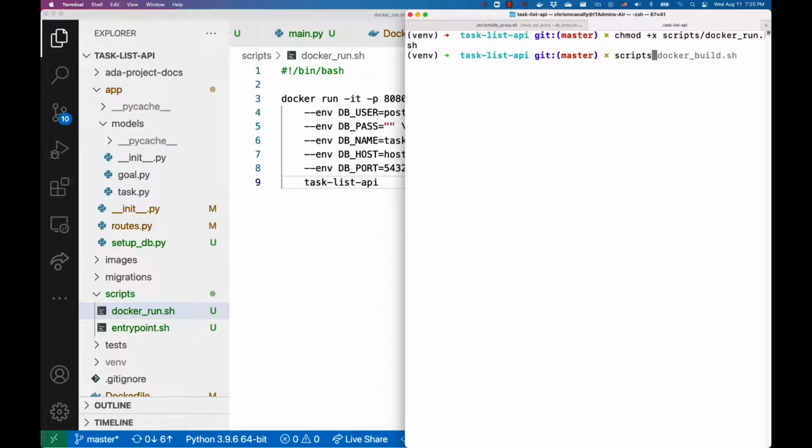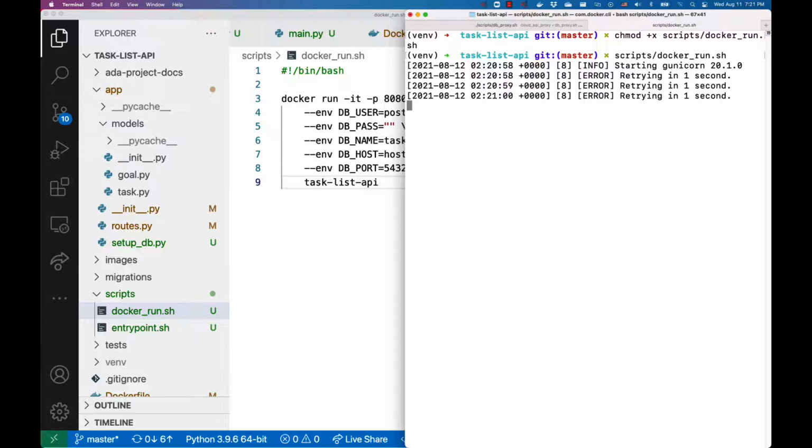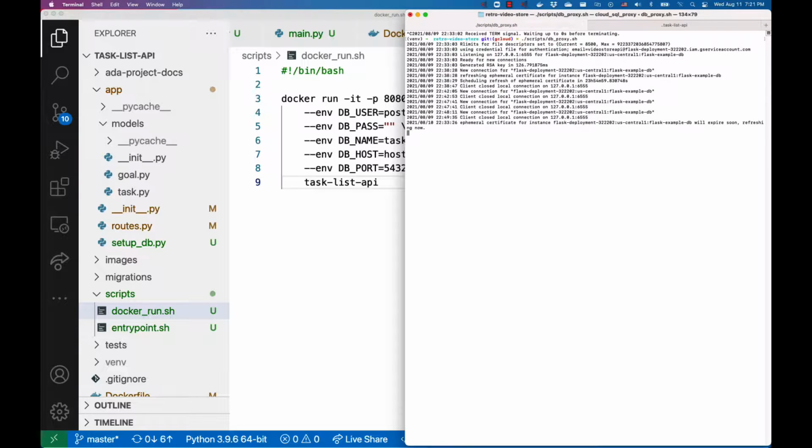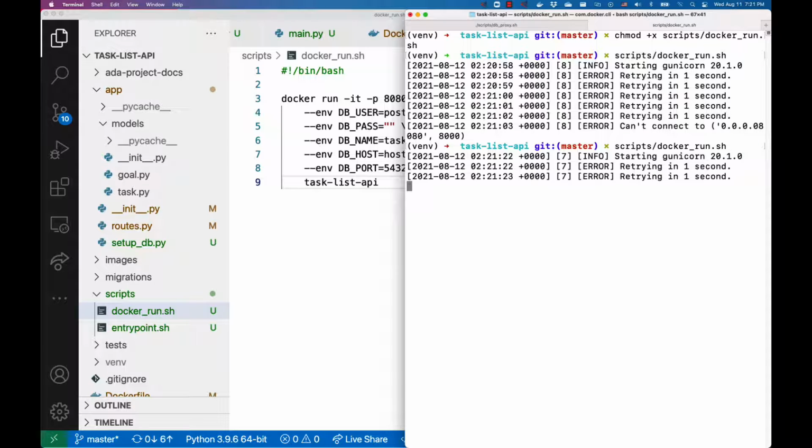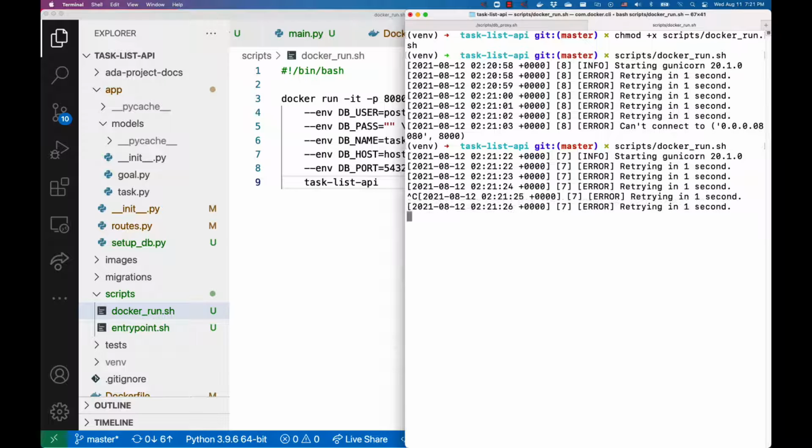So now if I do scripts docker run, it's not working because it can't use that port. So let's look at that,